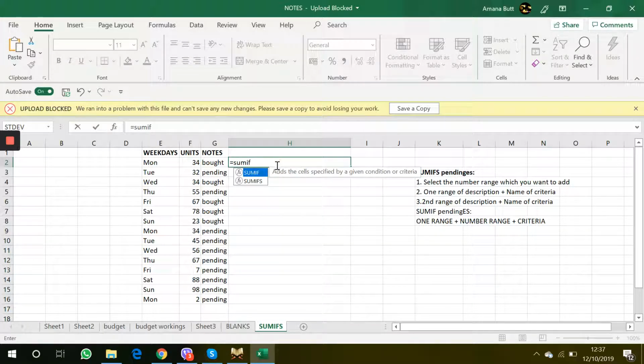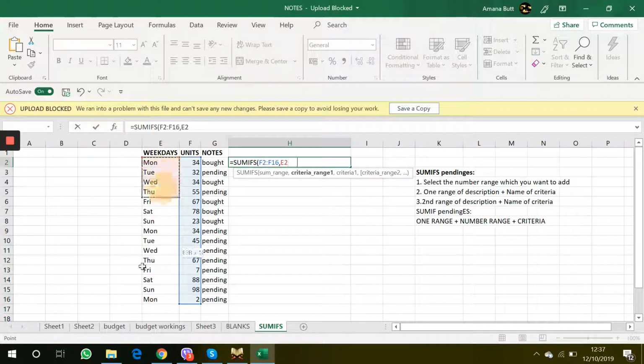and I'm using SUMIFS because I'm going to have a few conditions. So I'll select the sum range, which is the units. You can just go by the function and press comma, and then I will choose my first range, which is this one, and I will choose the criteria from the first range. For example, I want to know everything about Wednesday, and then I will choose my second